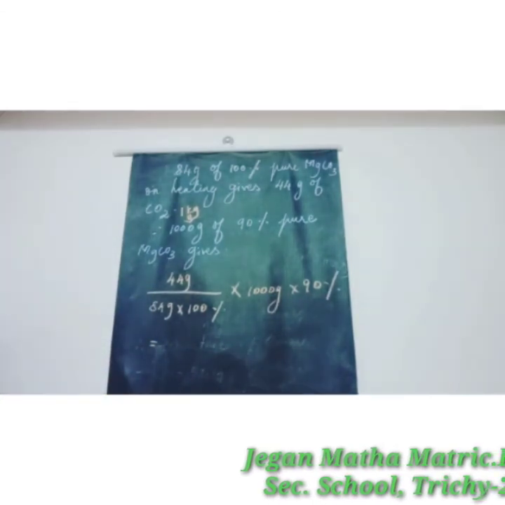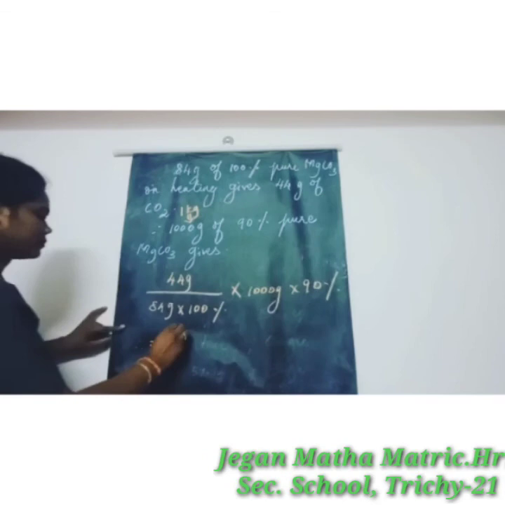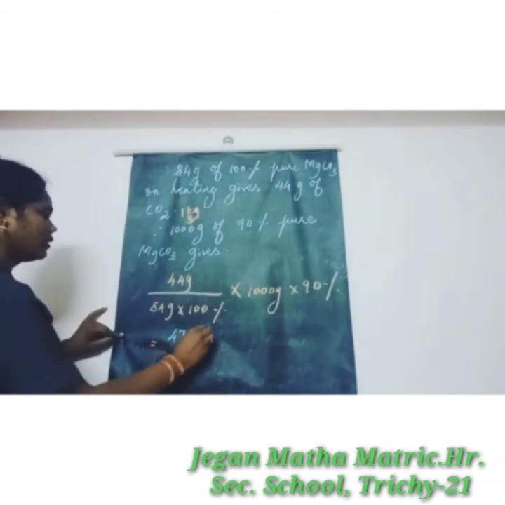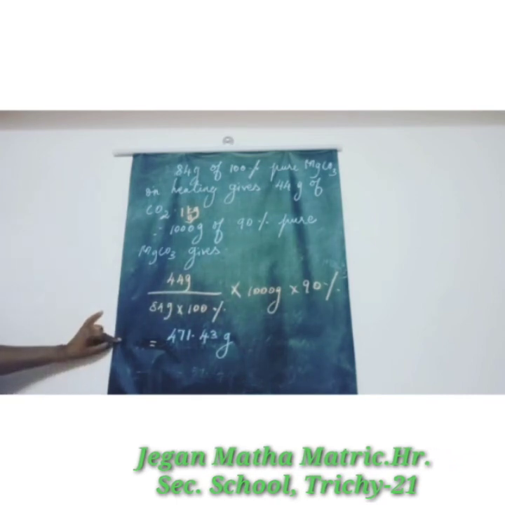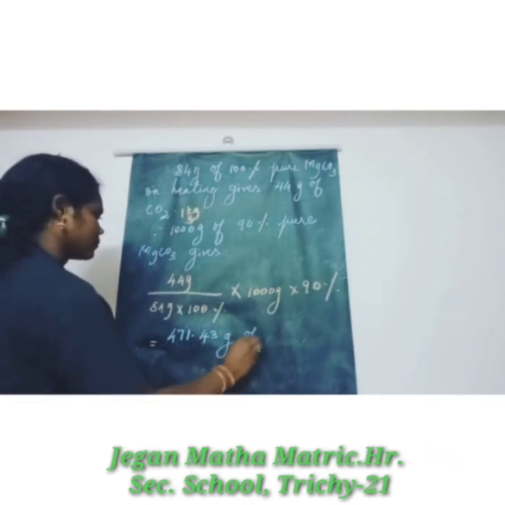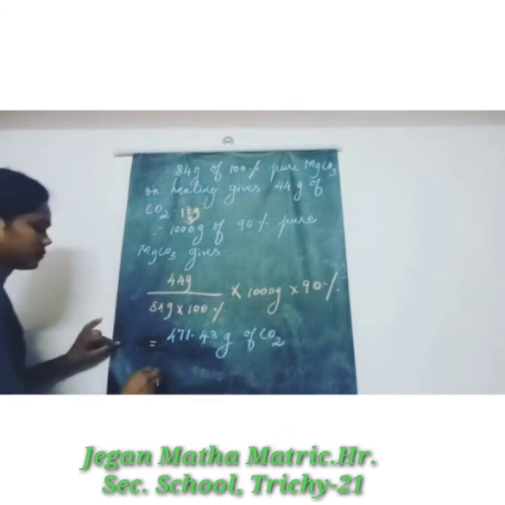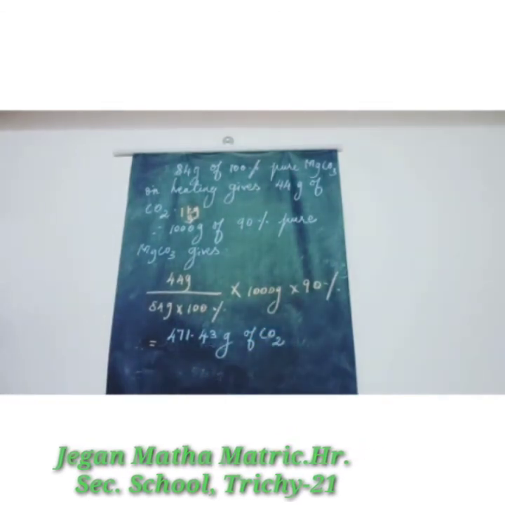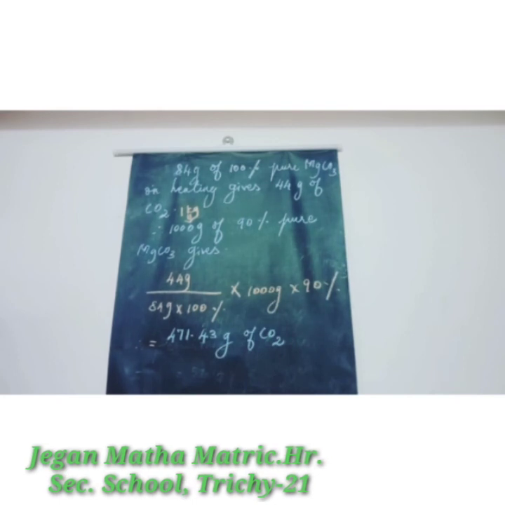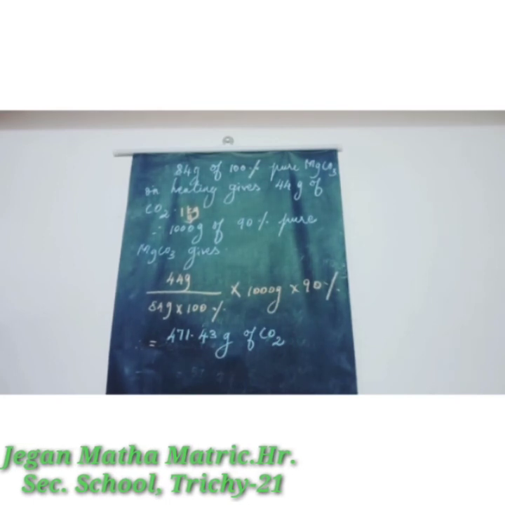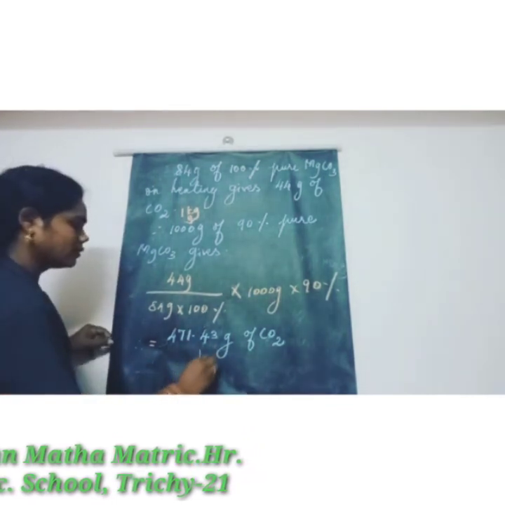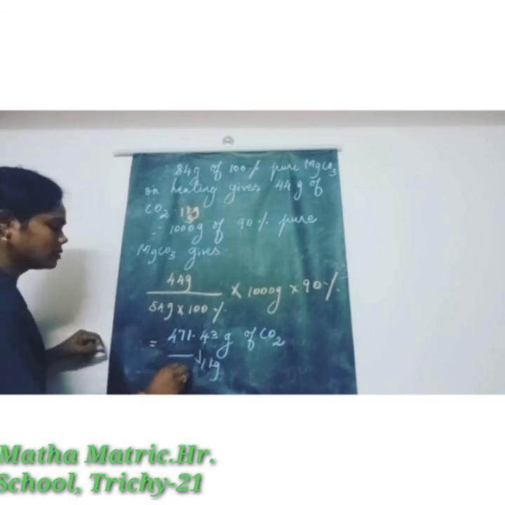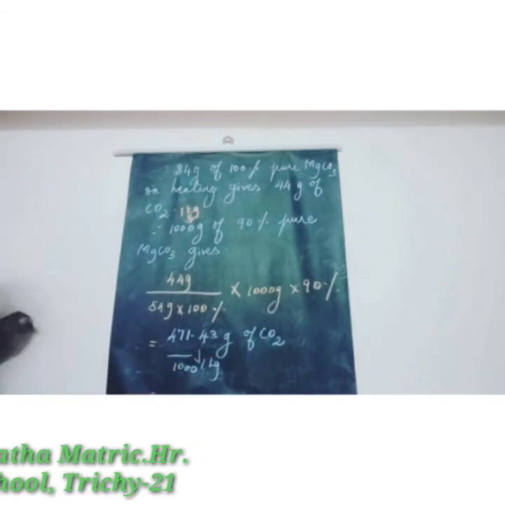Finally, we get 471.43 gram of carbon dioxide. We convert into kilogram, so divide by 1000, we get 0.471 kilogram